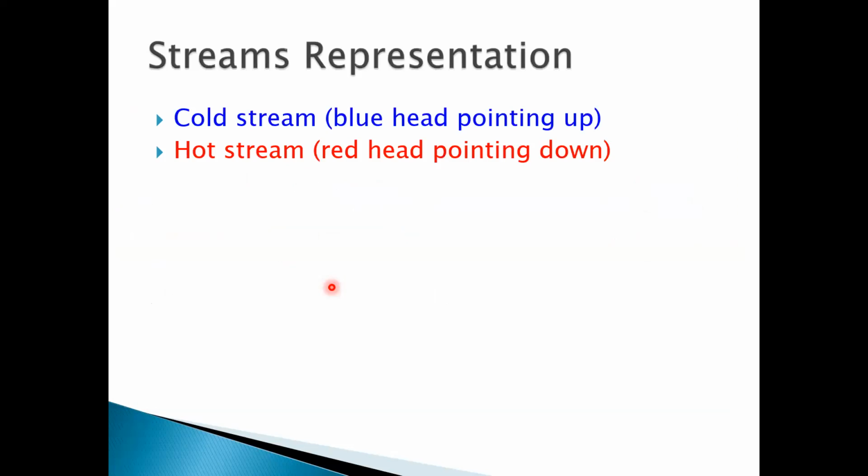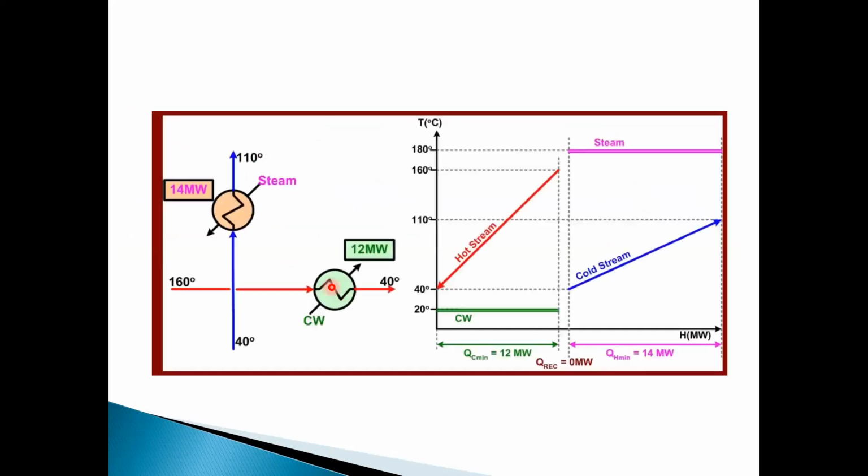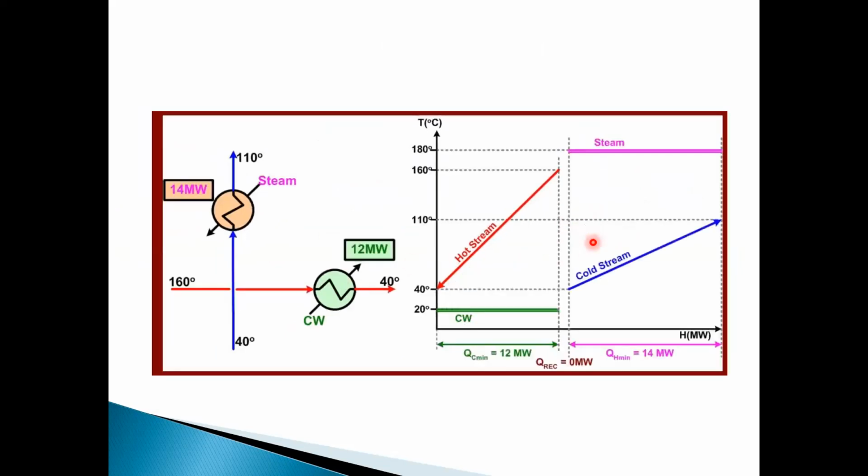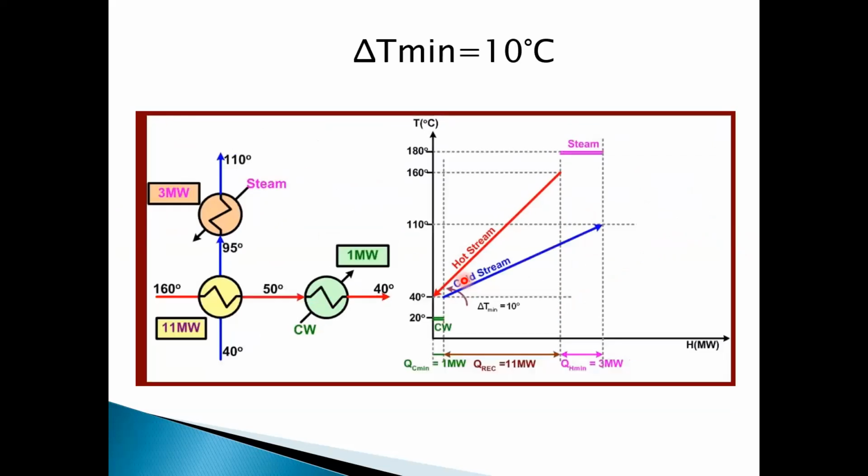Okay, so we can integrate the streams. How do we integrate them? We need to set up first the delta T min, the design parameter. So let's say delta T min is 10 degrees. If it is 10 degrees, what do we need to do? Shift the cold stream curve into the hot stream till you reach the shortest vertical distance to be not more